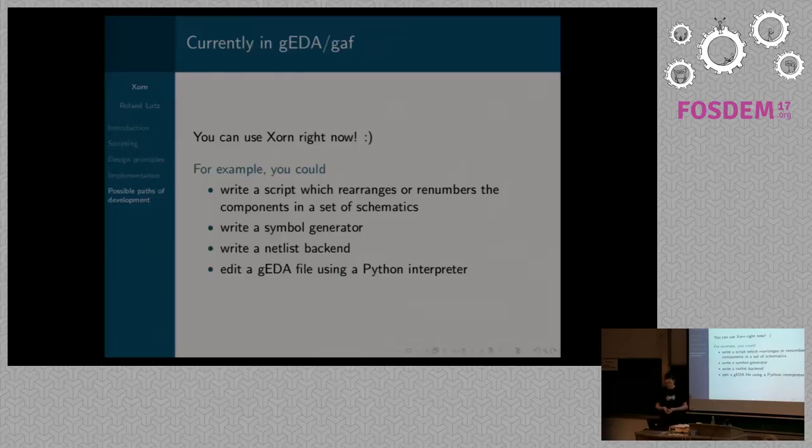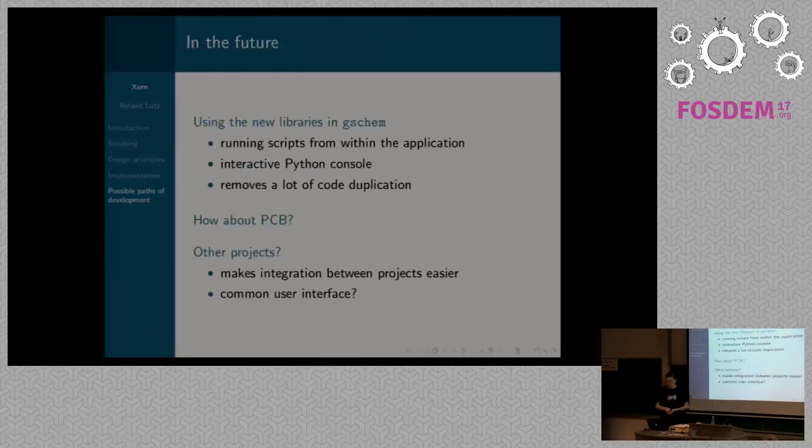The most obvious next step would be to use the new libraries in gschem. This is not trivial because libgeda is the shared part of gschem and some other applications. And my approach so far has been to port the other applications to use the new libraries first. I've done this for gnetlist, which is probably the most complicated part, and started doing so for gEDA's gattrib and libgeda-cairo. But there are some problems, like, for example,